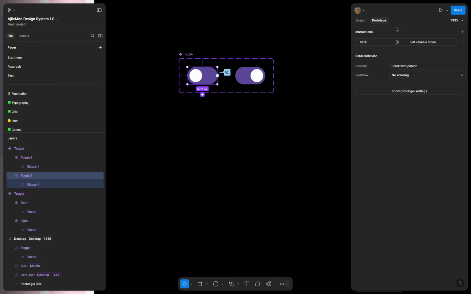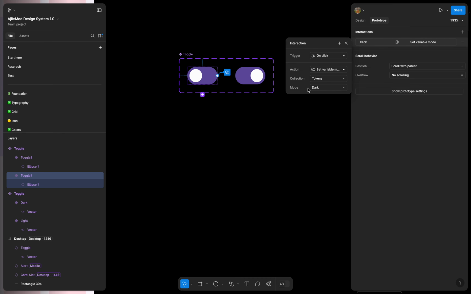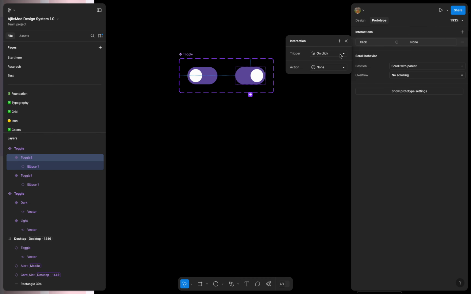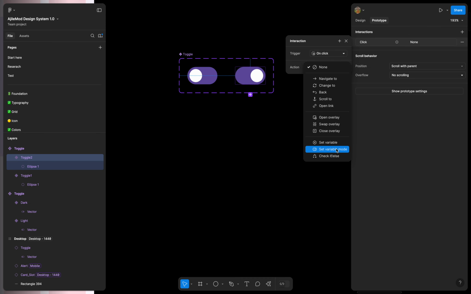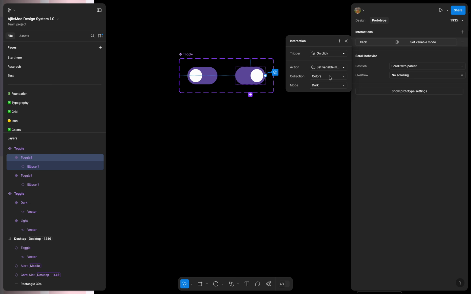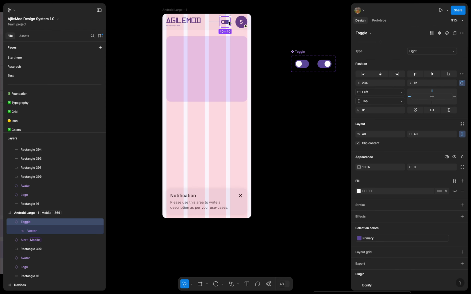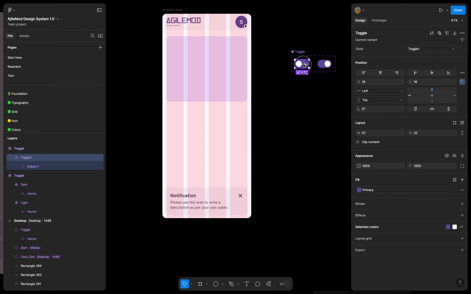They just give it a single mode, like from tokens and dark mode. So I just quickly make it the same. I click on it, and from here I click on set variable mode. I want this in tokens, and I make it a light mode, right? So if I use this, it will not work, right? So I'll just show you there's one operation we are